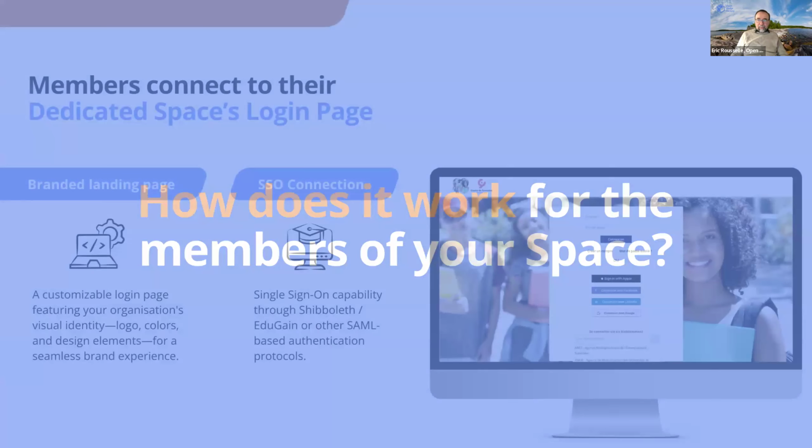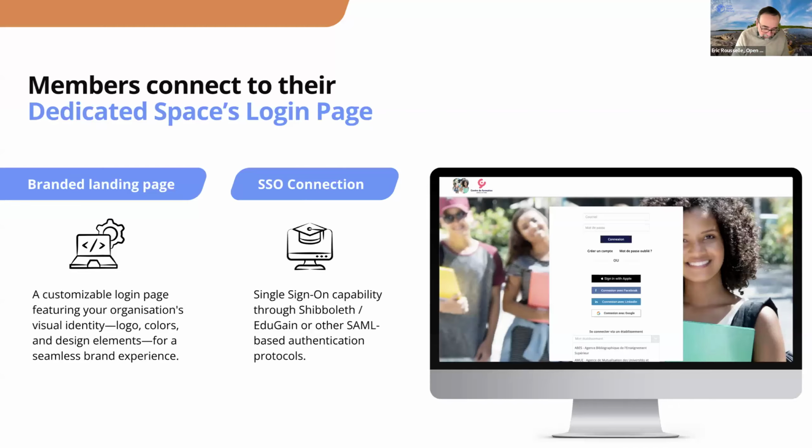Okay, so how does it work? Basically, for normal users, they could be students, for example, university students. The space can be connected using SSO to the organization.